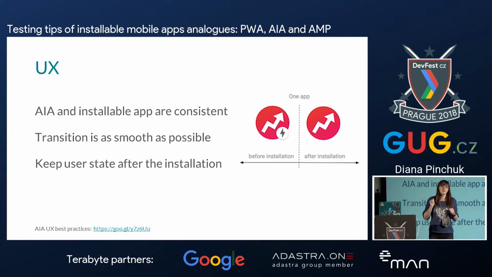You should also pay big attention to user experience guidelines, because the whole experience for the user needs to be smooth and without any difference between the instant application and your main application. Because probably the instant application doesn't have all the features, and you need to push the user to install your full mobile application. But if your user doesn't want to do that, you need to make sure that the application looks the same way before installation and after installation.